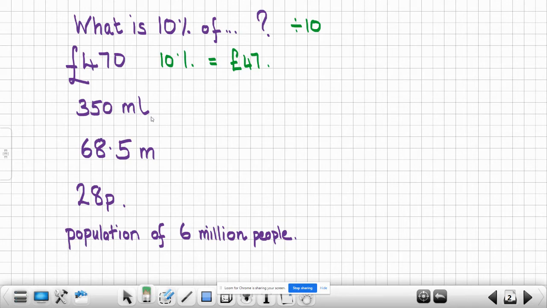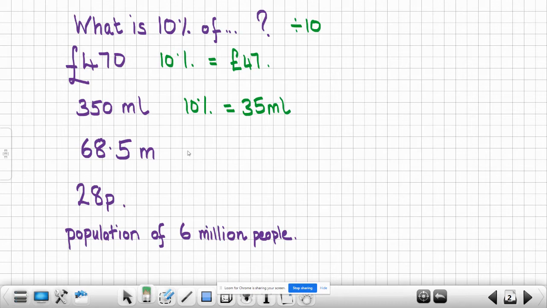350 ml, millilitres. It doesn't matter what we're talking about, what's our unit. So in the first one, it's pounds. In this, it's millilitres. If we find 10%, then that is going to be 35 ml, the abbreviation of millilitres. The next one is looking at metres, and we've got